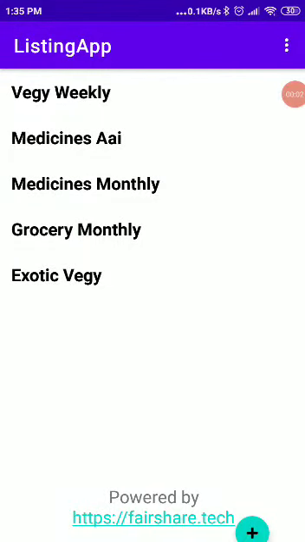We really have a lot of repeat orders on a preset frequency to many local vendors. For example, we order the same set of items on a monthly basis from a local grocery shop, then maybe on a weekly basis we order vegetables from nearby vegetable shops. I mean, these are very small shops.